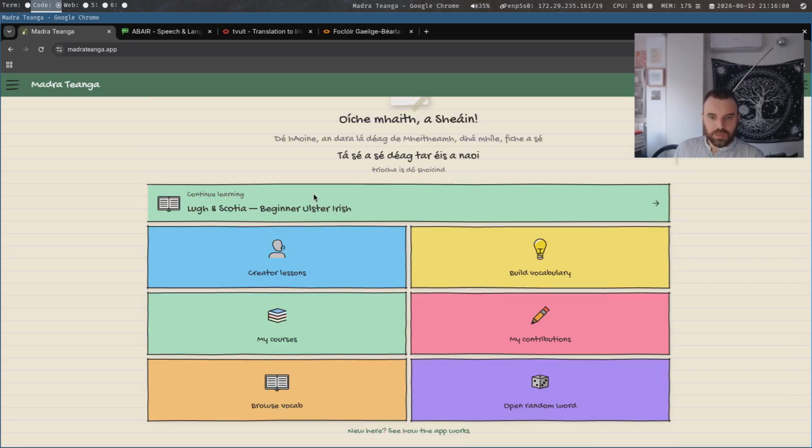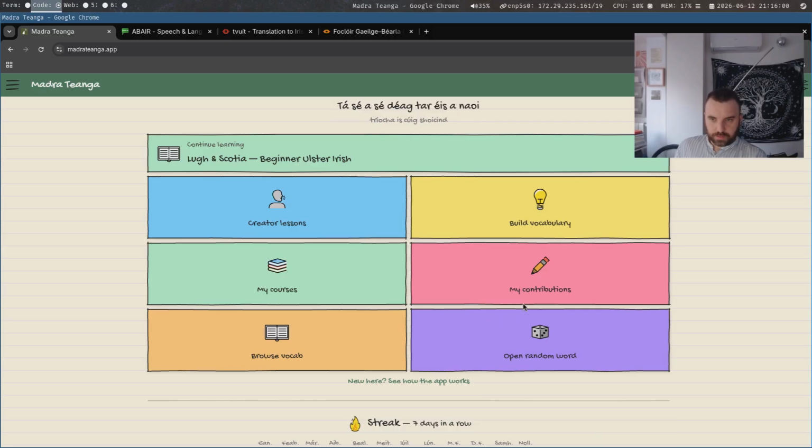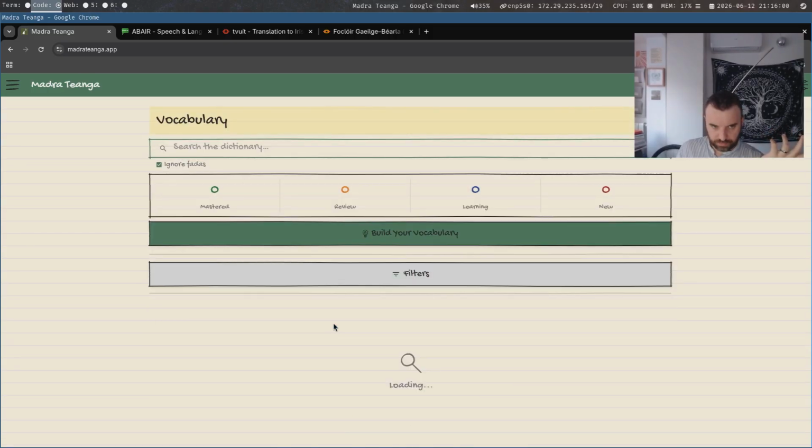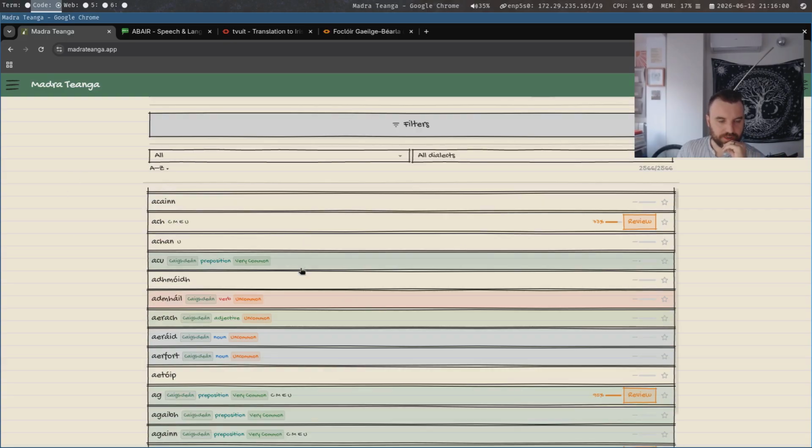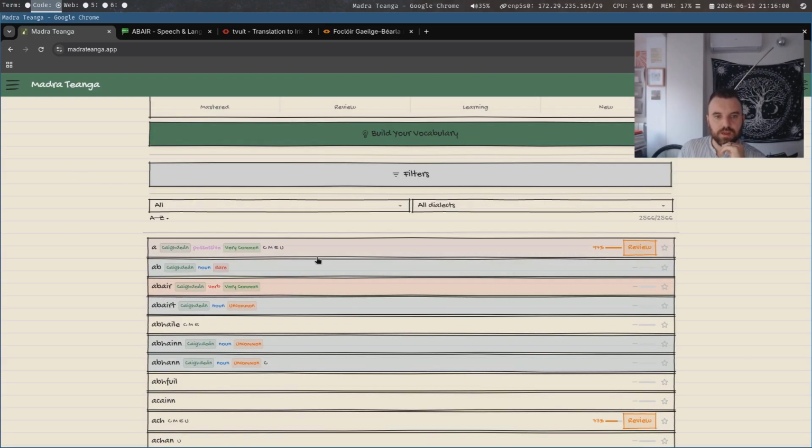So yeah, that's where you can look up a random word, but you can also just search vocabulary, and you can see here on the card, it will be tagged with Munster, Ulster, Connacht, and an E is for Ella for other, right? And then the Caighdeán tag is here if it's a part of the standard, and then if it's available, it'll show you what type of word it is, noun, verb.